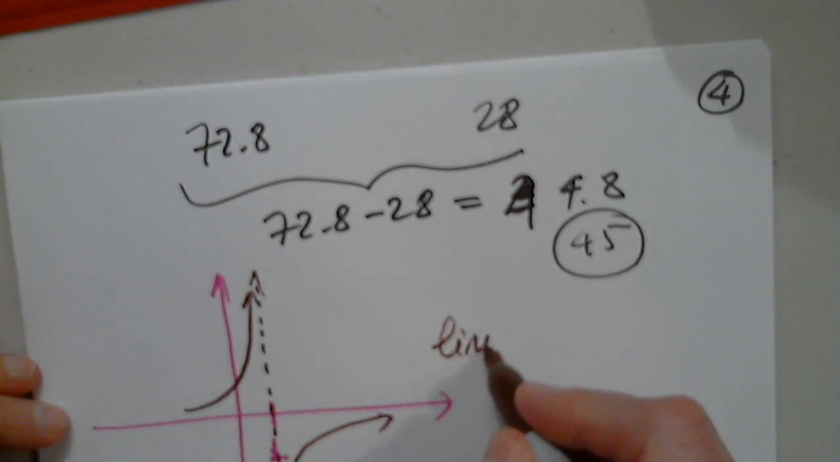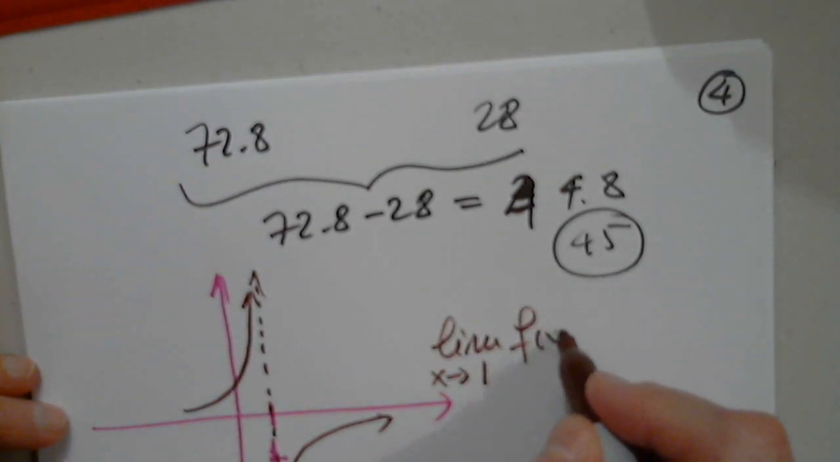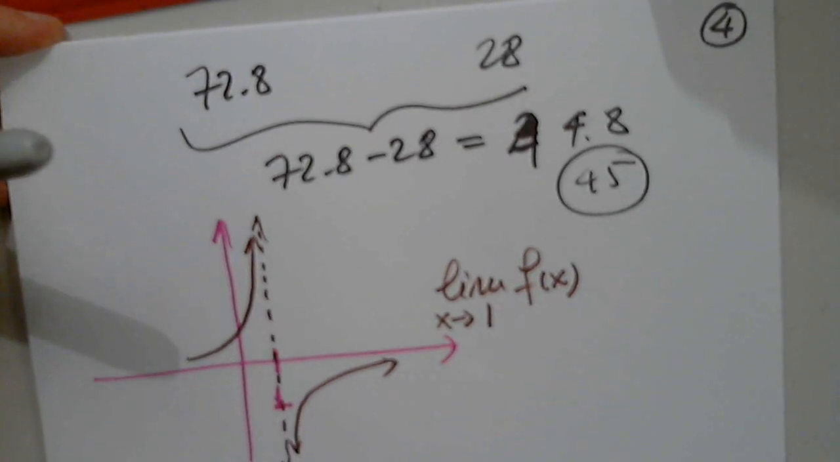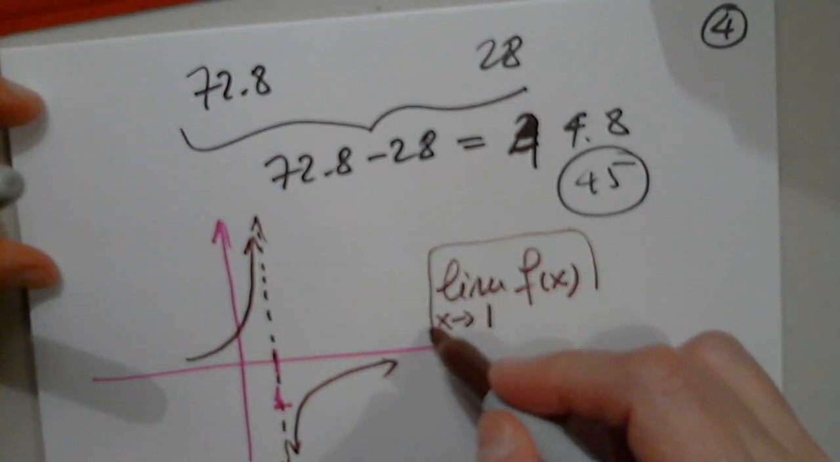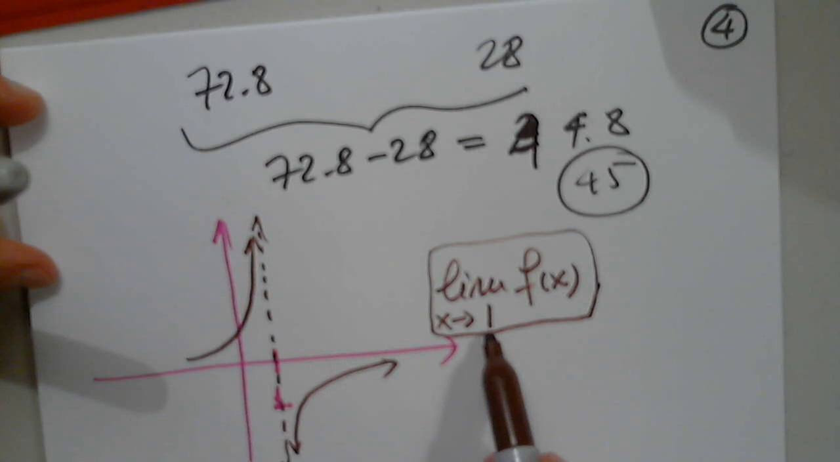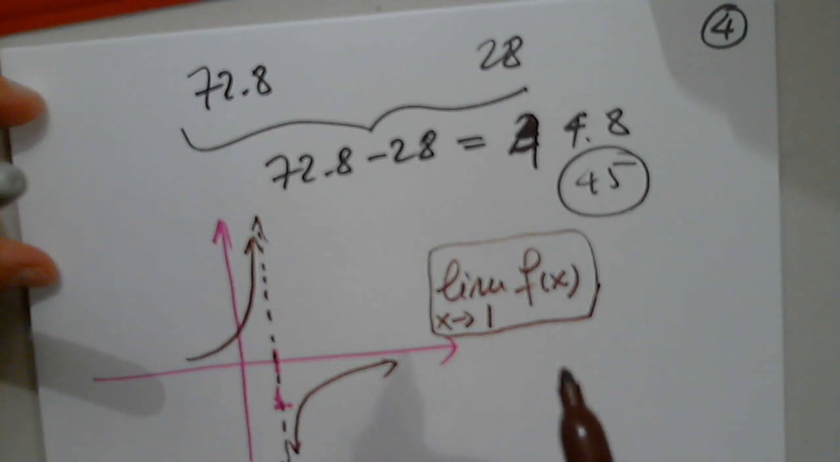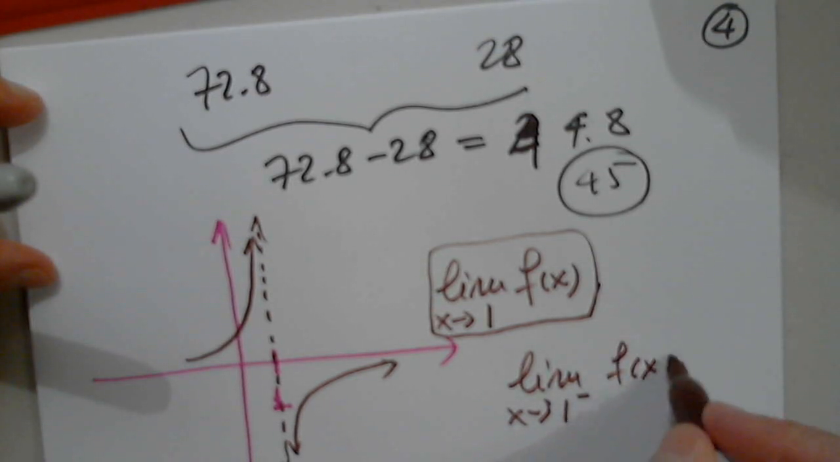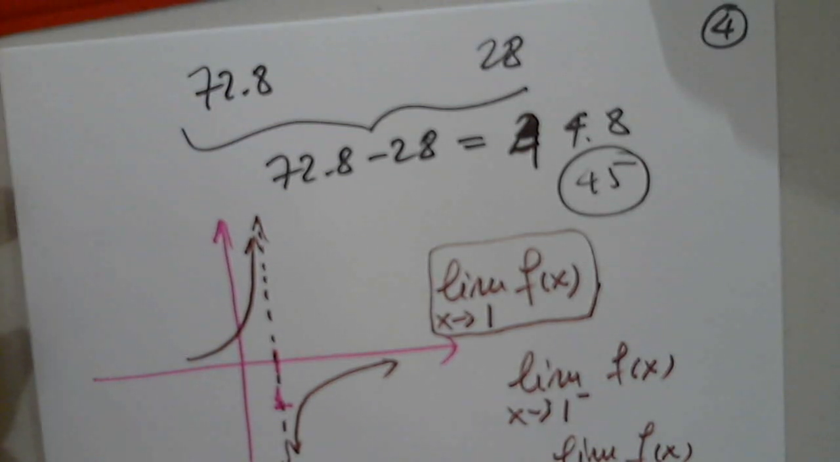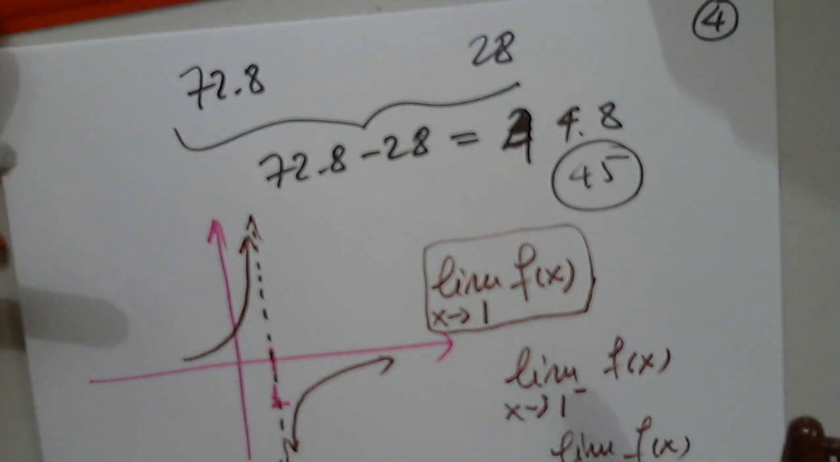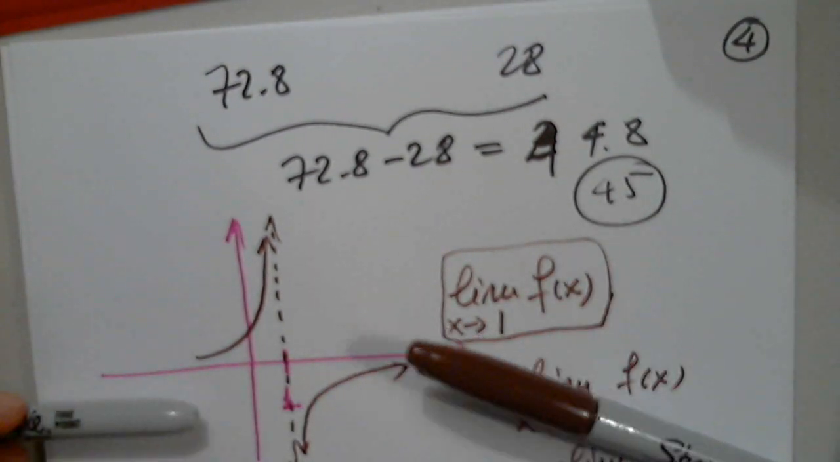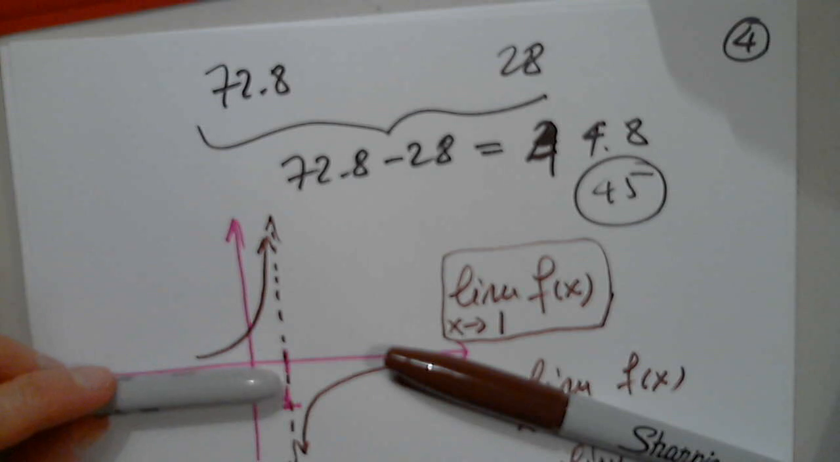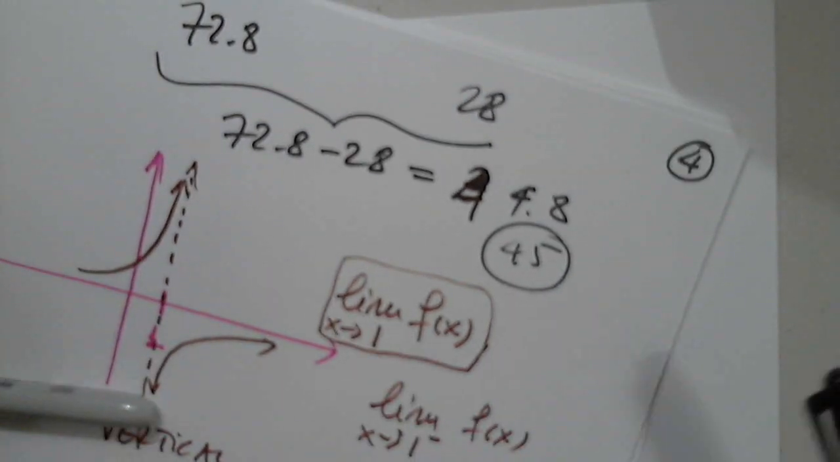We are asked to find the limit as x approaches 1 of f of x. In order to determine this limit, because it's from either side, we have to determine the limit as x approaches 1 from the left, and we have to determine the limit as x approaches 1 from the right. So let's determine the one from the left. As x approaches 1 from the left,